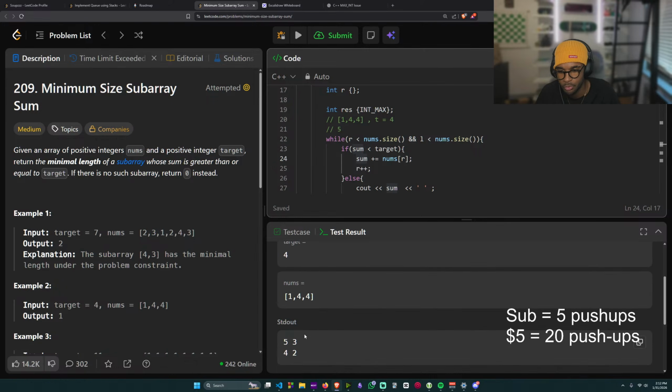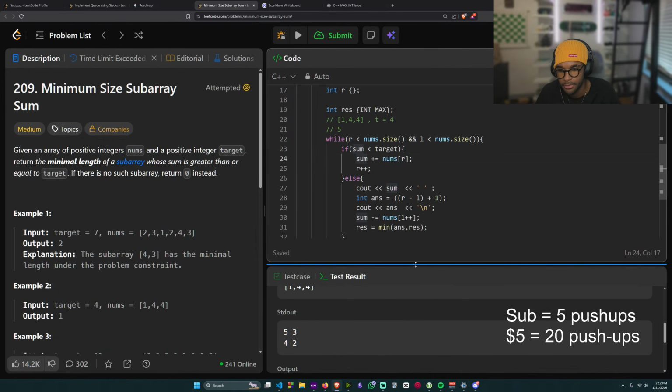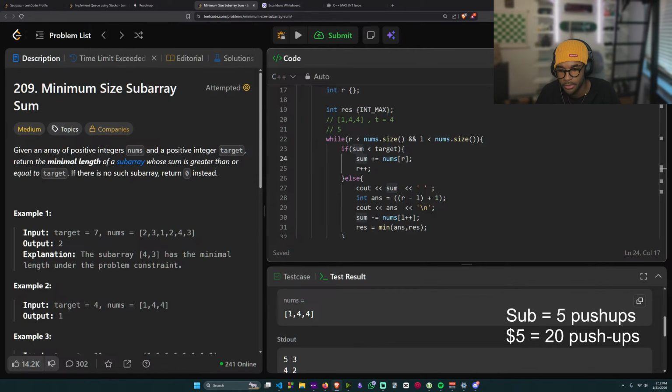Alright, I need to really trace this. Why would I get 5 and 3? So we add the 1. So sum would be 1. 1 is less than 4. So we add